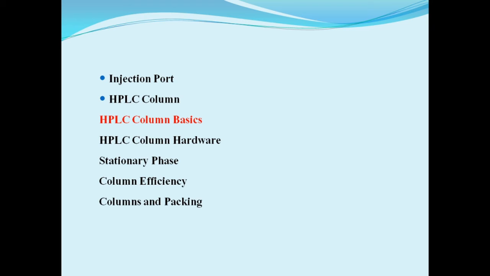The valve is the most used device. The loop can be partially or fully filled. There are both the types of injectors available. The advantage of partial filling is the possibility of using a small amount of sample when there is scarcity of sample. The precision of the injection is 1% RSD and carryover less than 1%.